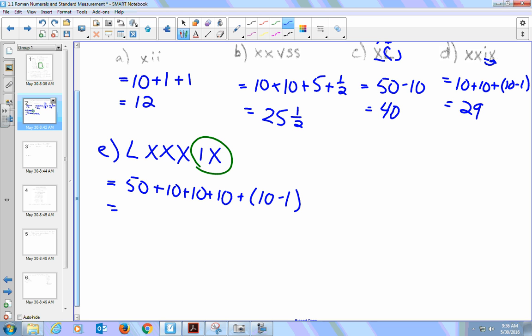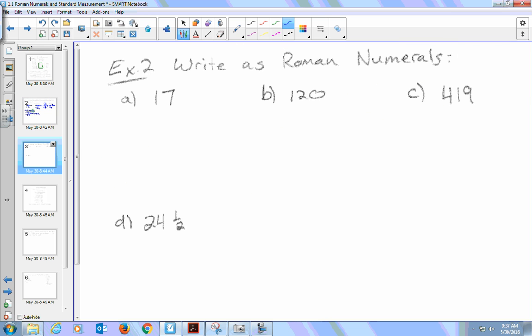And 50 plus 10 plus 10 plus 10 is 80, and then the 9 gives us 89. All right. So flipping that on its head, we can go the other way, right? So as Roman numerals, you could be given normal numbers, Hindu-Arabic numbers, and we have to write those as Roman numerals. So we know that 17, what you want to do is break it down into the